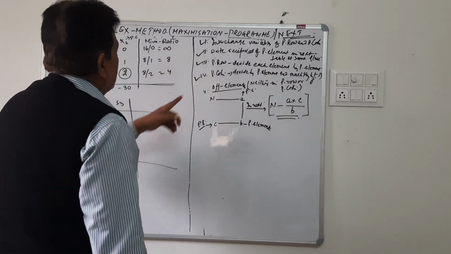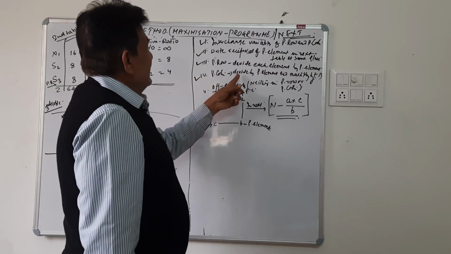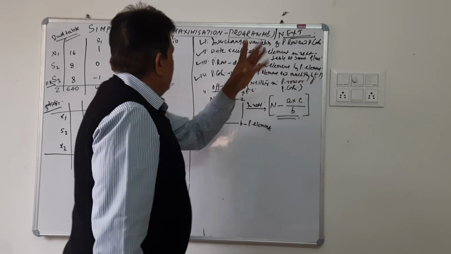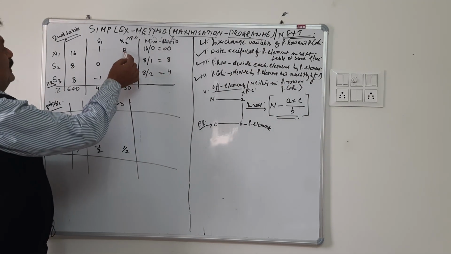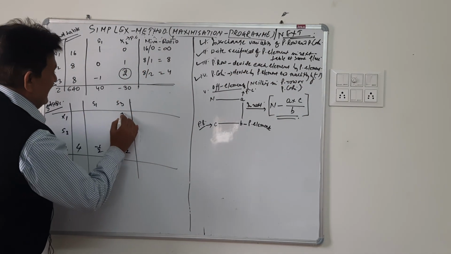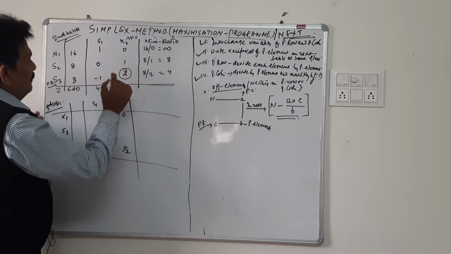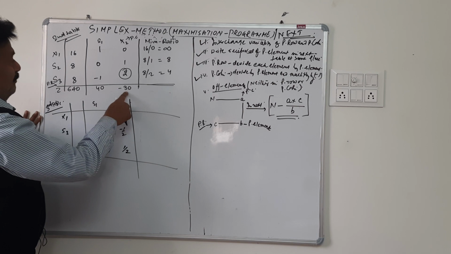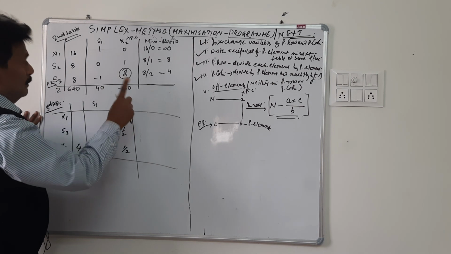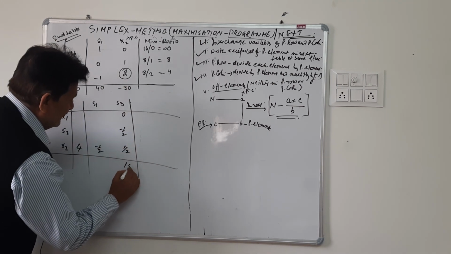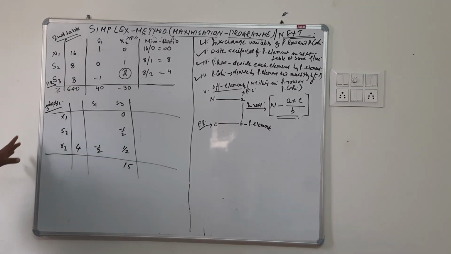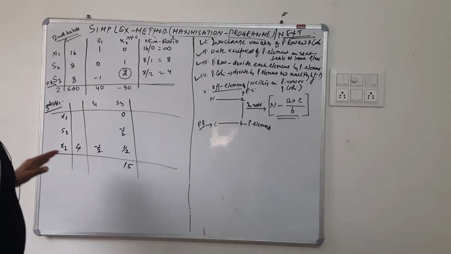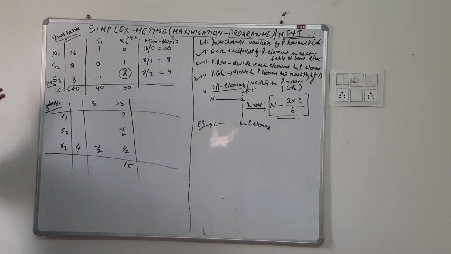Now what I have is the pivot column. This says that we have to divide by the pivot element and multiply by minus 1. So 0 by 2 into minus, that is 0. 1 by 2 into minus, minus half, and minus 30 by 2 into minus, so it is 15. So we have done the work of the pivot row as well as the pivot column. Now we have to manipulate the other elements.